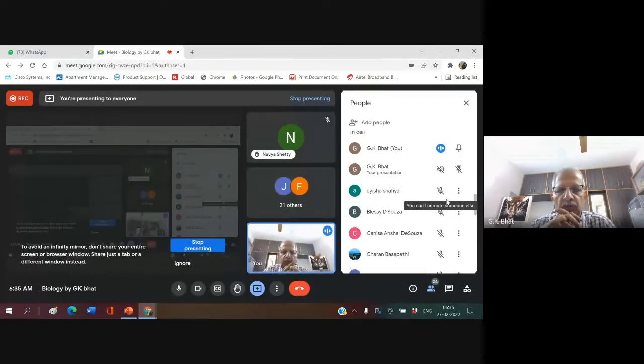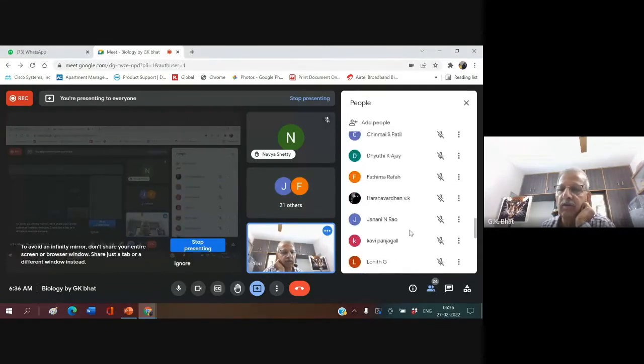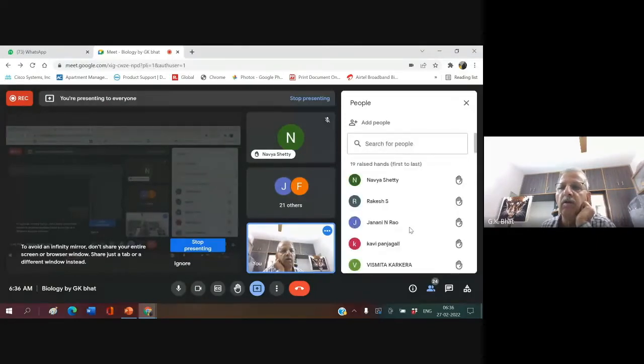I think only one student has raised his hand. Is it? 19 raised their hand. Out of 24, only 19 have raised their hand. I don't know whether the others are hearing me or not. You may say you are not riding a vehicle now, but sure, one day or the other, you will learn driving and you definitely will move the vehicle.